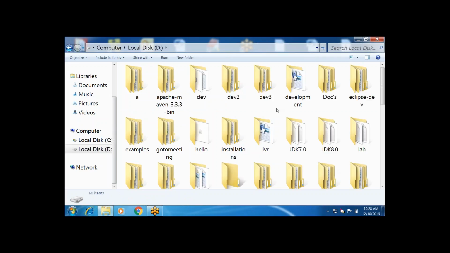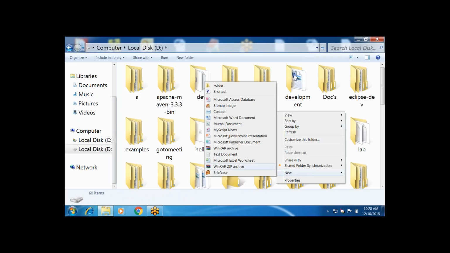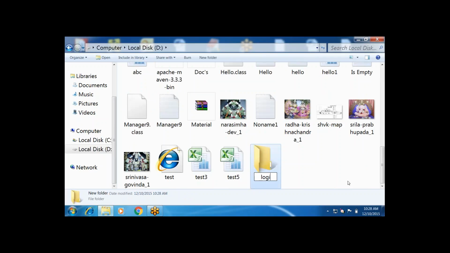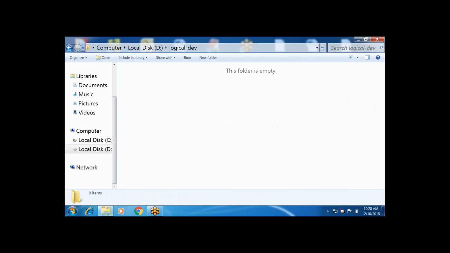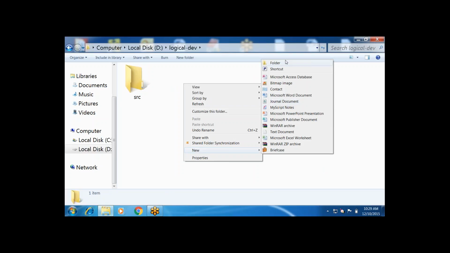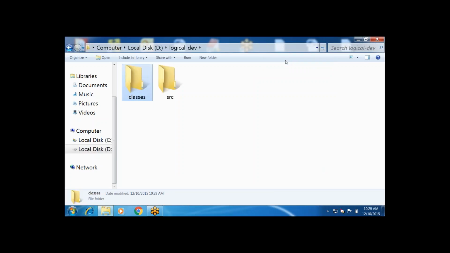Create one new directory. Logical-dev. Go to src. Classes folder. Logical-dev src